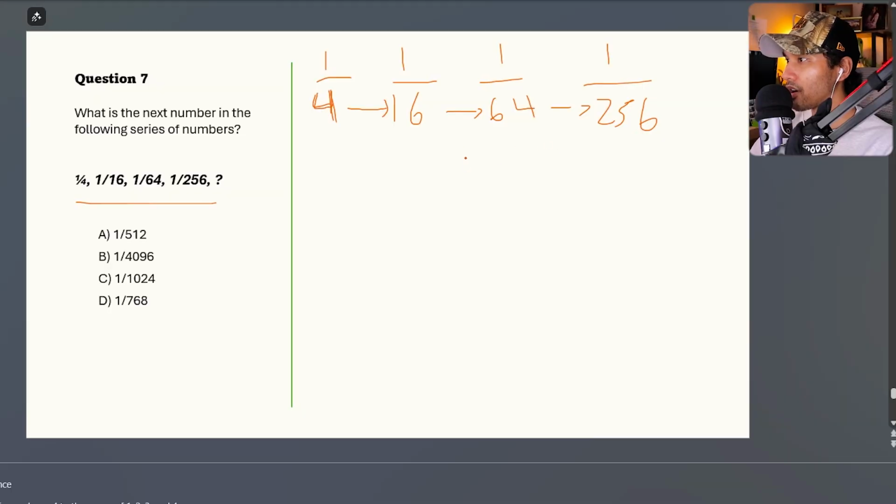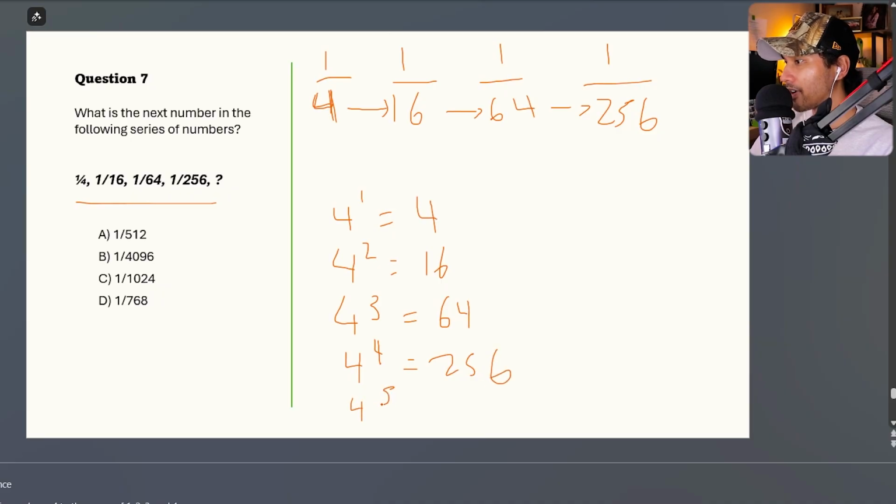These are all, like, what is it called? The powers of 4, you know, so you have something like this. I don't know the term. I'm sorry, guys. I'm blanking out. But you have 4 to the power of 1 equals 4, right? 4 to the power of 2 equals 16, or 4 squared equals 16. 4 cubed equals 64, okay? 4 to the power of 4 equals 256. And then 4 to the power of 5 equals